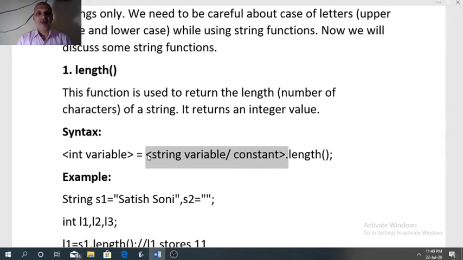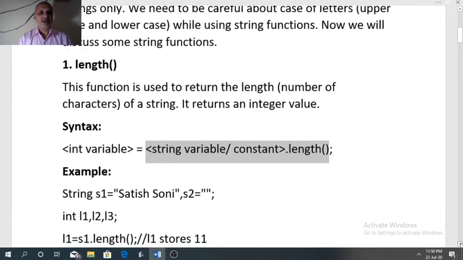Source string can be in the form of string variable or it can be in the form of string constant. Dot, name of the function length, and after length opening parenthesis and closing parenthesis, ending with semicolon. This is the syntax of length function.